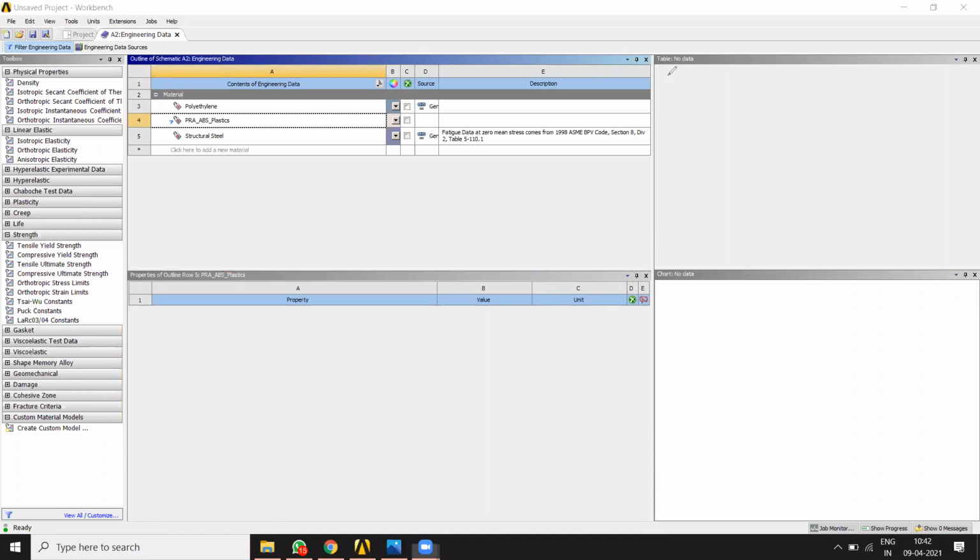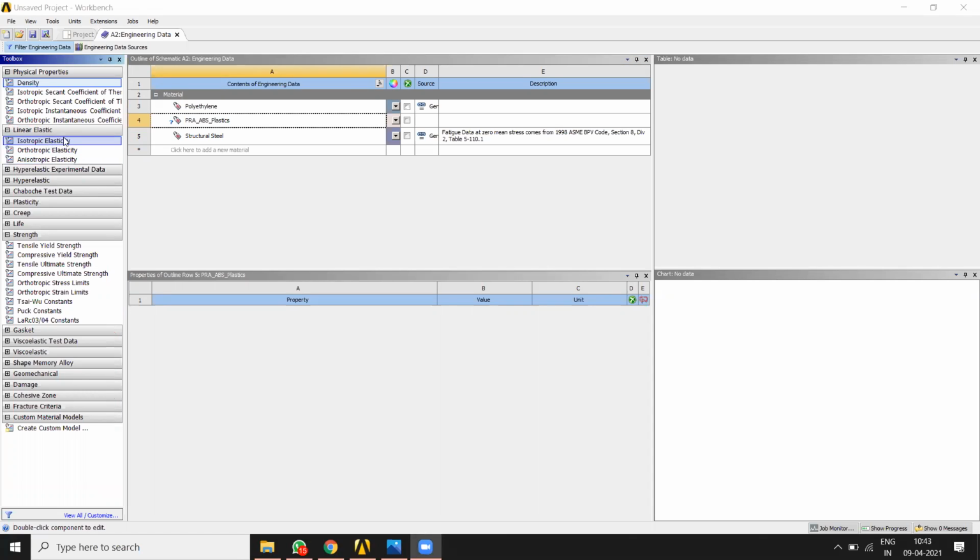Now how to add this? Go to the left hand side. In the toolbox you will find different things which can be added as a material property to your new model. Like density. If you have density and you would like to add it, you can just give it to the new material. Similarly for E and mu, the option available is under isotropic elasticity. If you recall the first assignment, we were selecting the materials like linear, elastic, isotropic, right? So in the same way, the linear, elastic, isotropic is available for us.